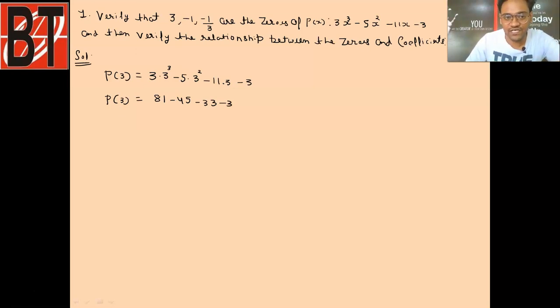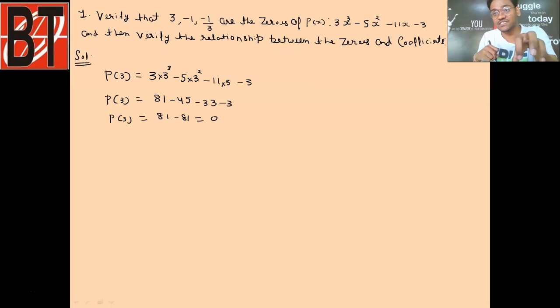Okay, if you get confused, you can just apply this multiplication here. Okay, कहीं आप इसको डेसिमल ना समझ लें. See, if you simplify this, you have to get 0. So it's 0. You can check 45, 33, 3. They are getting nothing but 0. So yes, 81 minus 81 is 0.